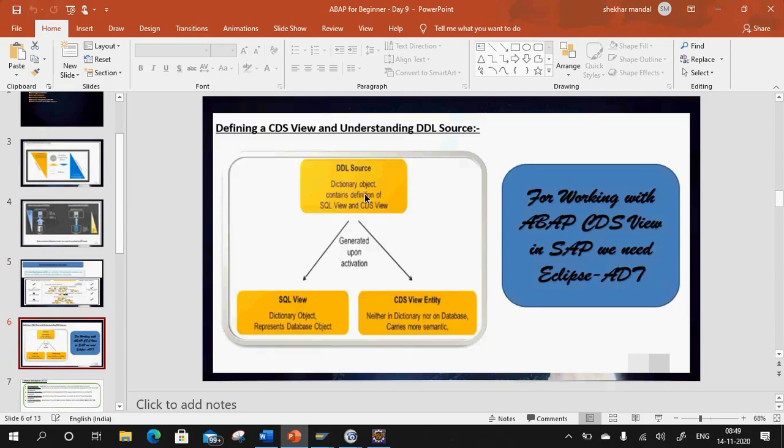Then we understood while creating a CDS view, whenever we are giving a DDL source name. So guys, did anyone try by giving a different DDL source name and a CDS entity view name? Anyone? Anyone tried? Srishti, Naren, Aditya, Asit, anyone? Shefali, Priyankari, anyone? Did anyone try?